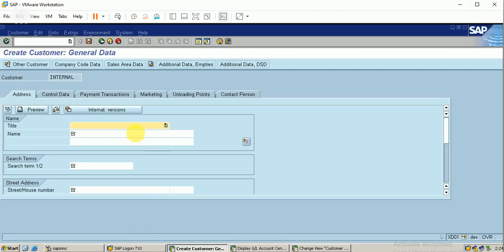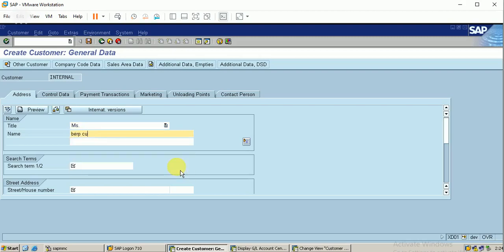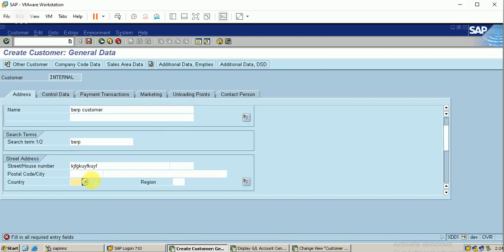Okay, I will give the entry. Okay, the search term is also BERP. Let it be the address. Click on control data.